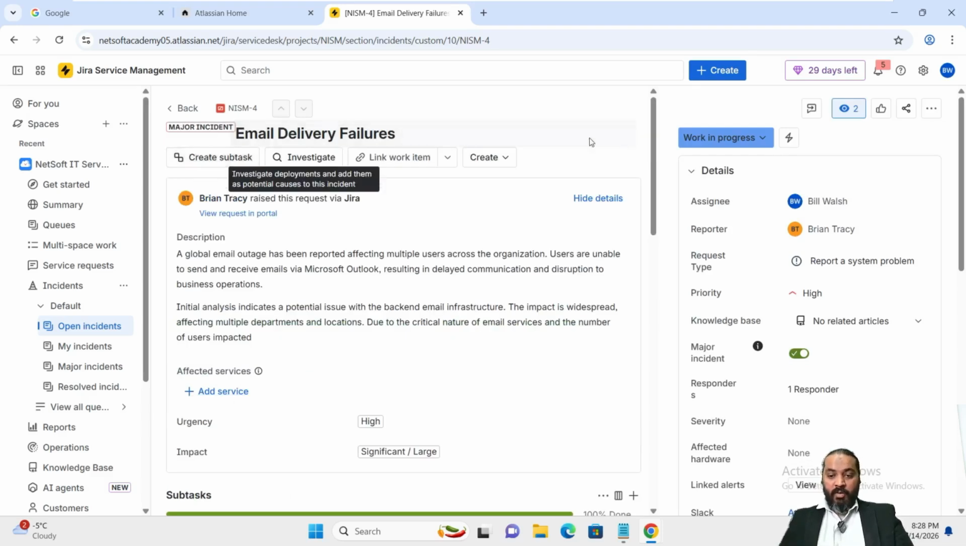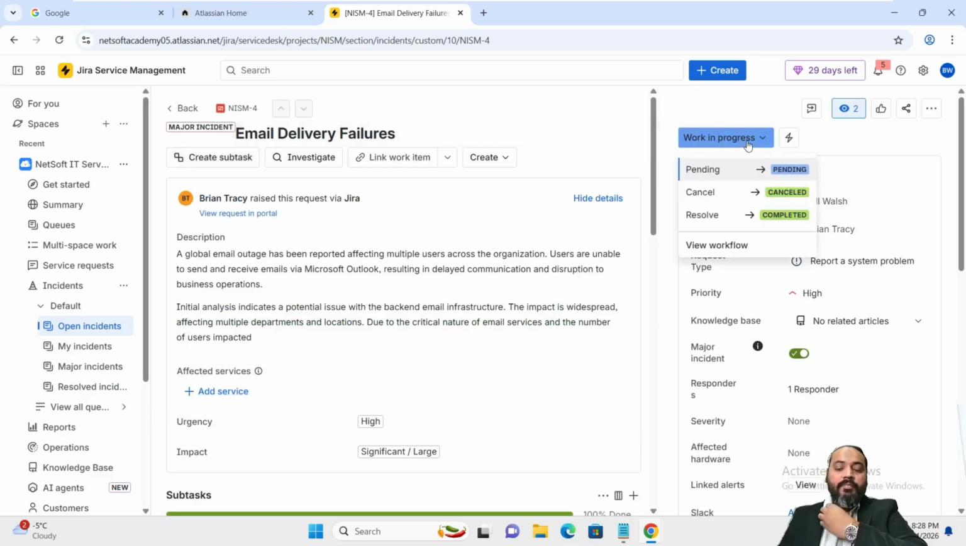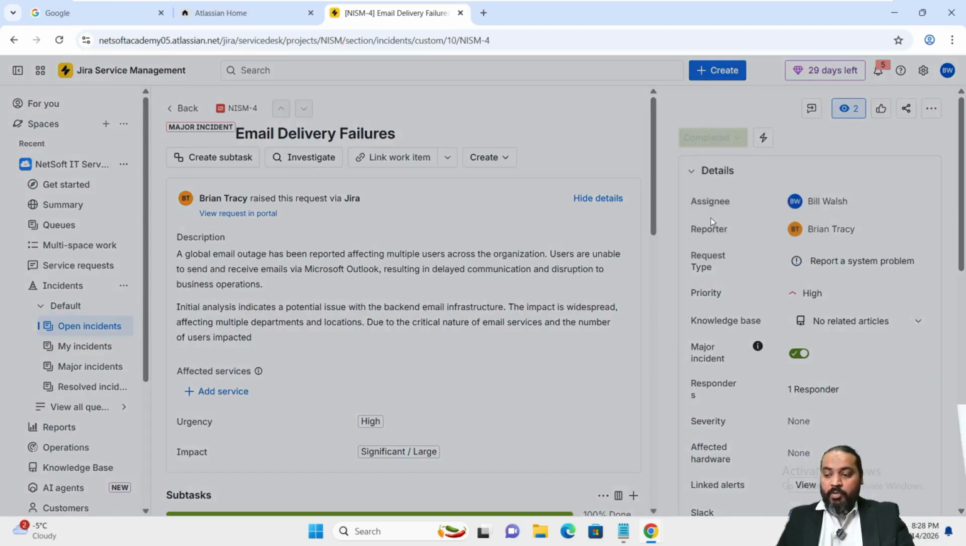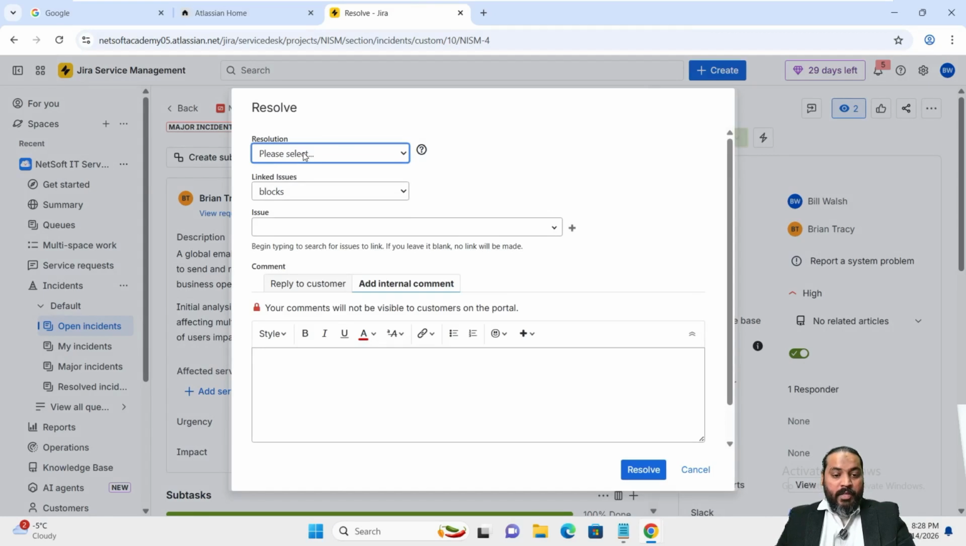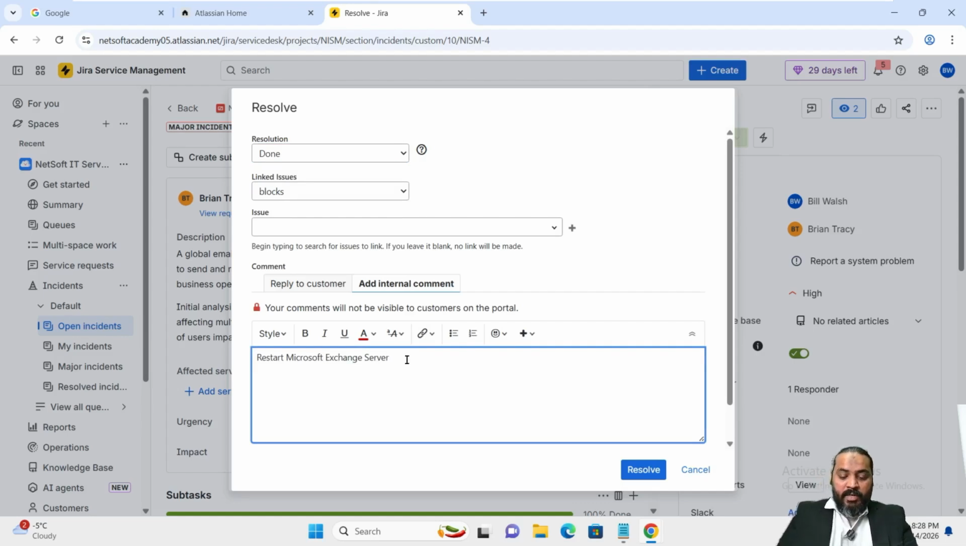For that, we will click on work in progress. And from drop down, we are going to click on resolve. In resolution, we are going to click on done. And we will provide an internal note. Internal note is restarted server